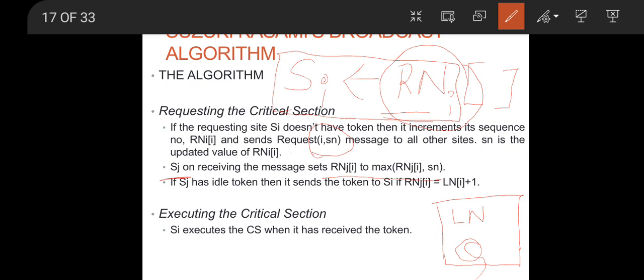So if it had already received a request message, then it will be checking the sequence number in that request message, and that sequence number will be compared with the sequence number in the new request message which it is receiving currently from SI. So what I am trying to say is that